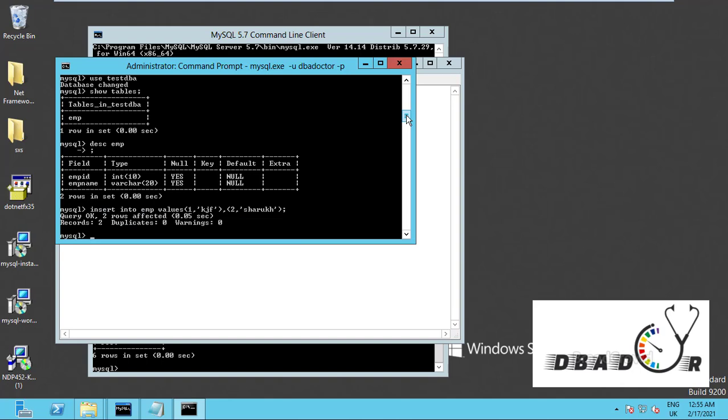You can see two rows are inserted, that we can visit in the table.